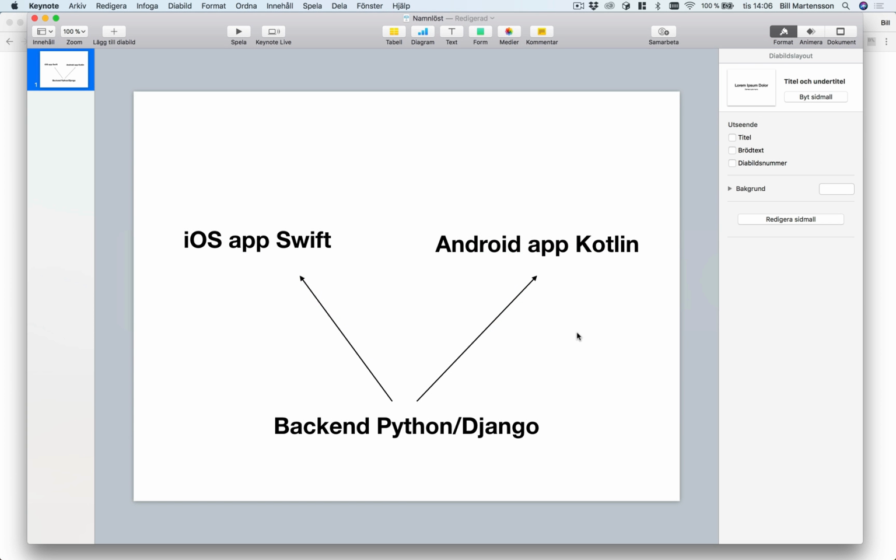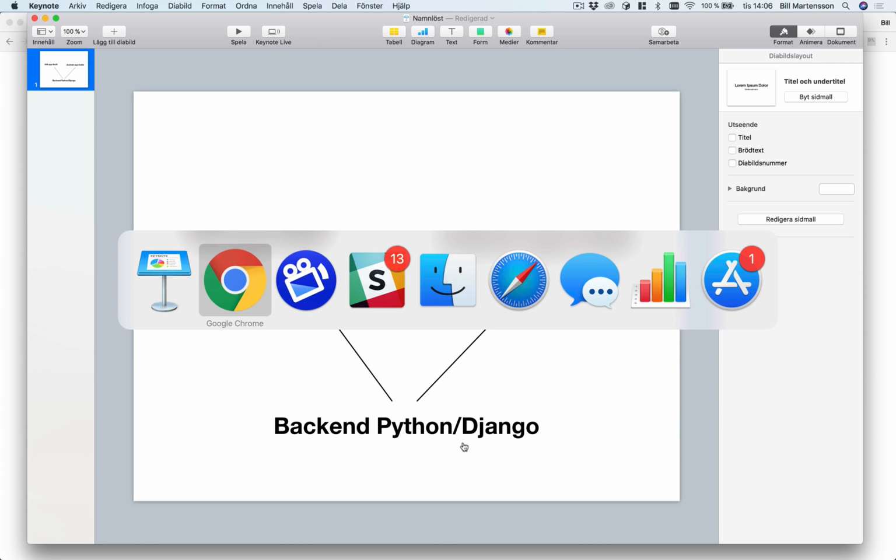Right now I'm working on a couple of projects where the structure is I'm building an iOS app in Swift, an Android app in Kotlin, and I'm also building the backend system in Python in the Django framework. So there are a few projects working with this technology, so I will be talking about different parts of that over the coming videos. If you're an iOS developer and you want to look into Android development,